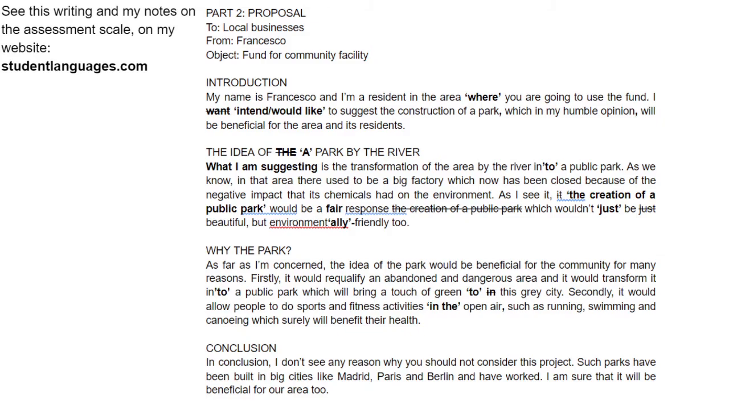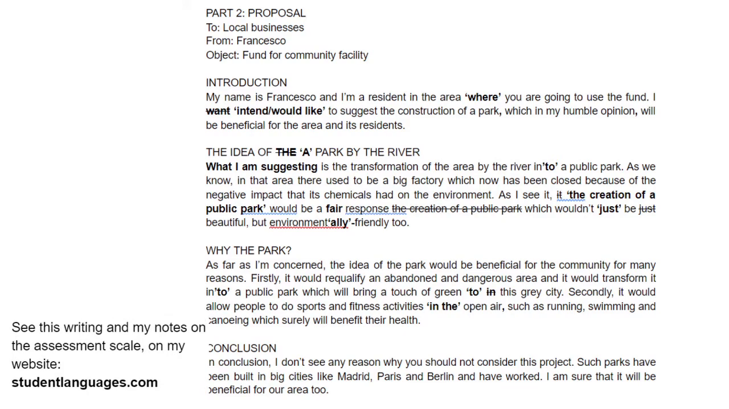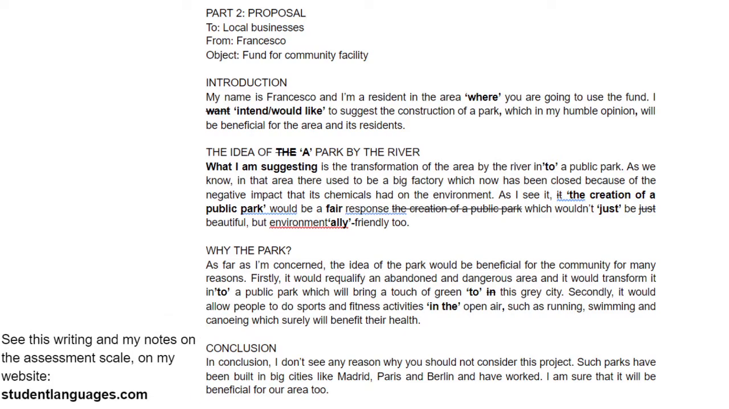Okay, its chemicals had on the environment. As I see it, it would be a fair response to the creation of a public park. Okay, well, you sort of repeat the subject. The subject, it, would be a fair response. The creation of a public park. I would put this part, the creation of a public park, instead of the it at the beginning, because this is the subject. So rather than saying it, you could just say the creation of a public park